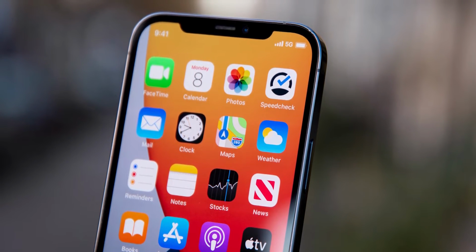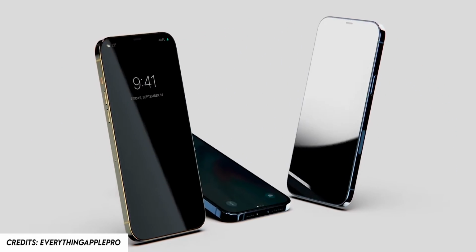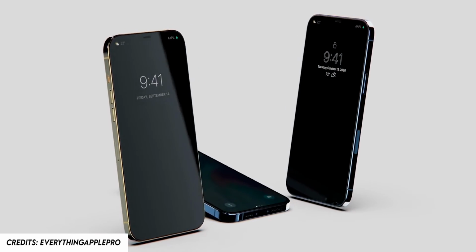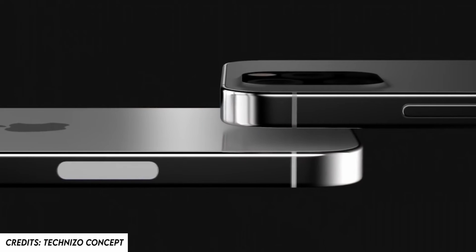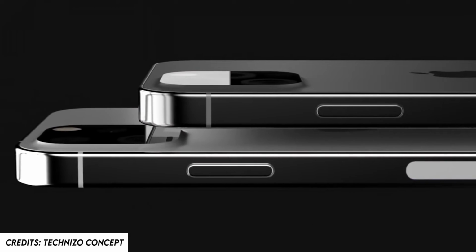And we're finally getting always on display on it, similar to the Apple Watch, so it will show the time and battery life all the time. And we're also getting in-display Touch ID, and it will be optical, which is not as secure as ultrasonic, but it is definitely faster. As for the specs, we will have a A15 Bionic chip, which is going to be